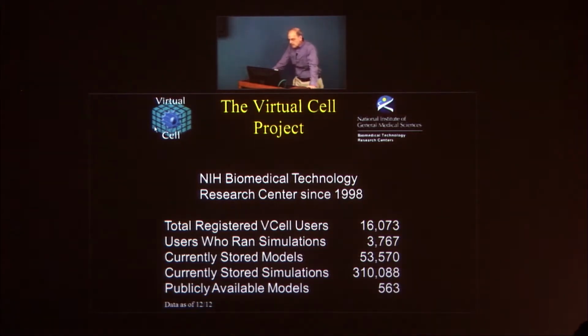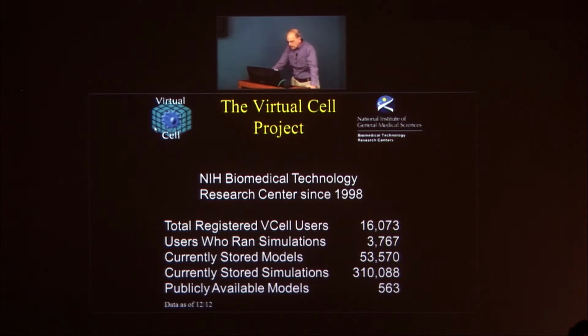The project has been funded since 1998 by NIH. As you can see, we have a good-sized user base. The first number is probably a little bit exaggerated in the sense that most of the registered users probably haven't really done anything serious with Virtual Cell. They just register and try to see what it's all about. But we do have almost 4,000 users who've actually gone in and used Virtual Cell to build models and run